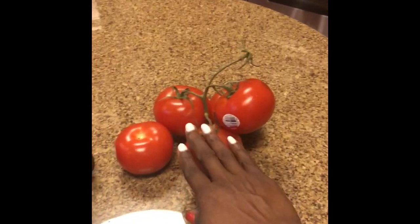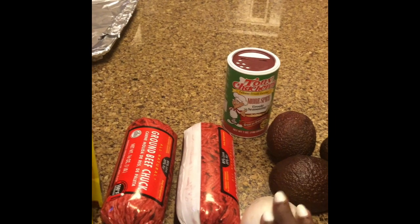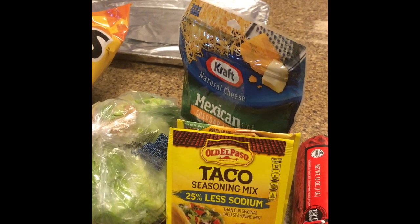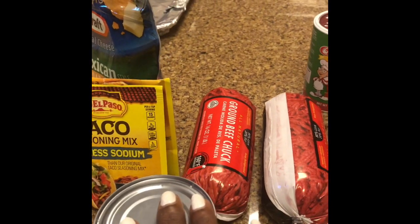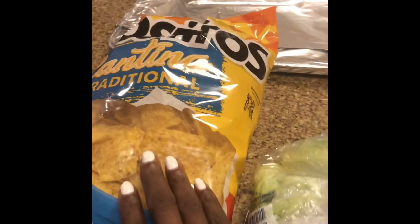Okay, we're gonna start here. We're gonna dice our tomatoes and our avocados. Those are gonna be toppings. We're going to start with cutting up an onion, dicing it, and we're gonna season our ground beef with my Creole seasoning. We're gonna brown it until it's no longer pink. Once that's done, we're gonna drain it and put the refried beans into the meat mixture, and also some green